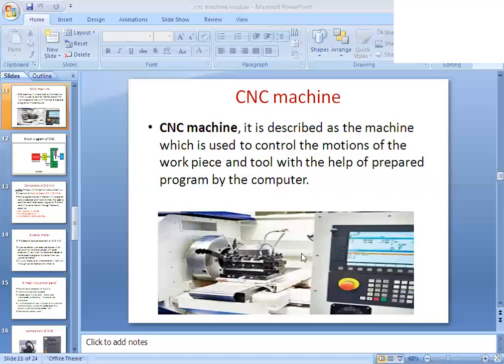We will enter the program here, and according to this, the work will be done inside the CNC machine. In the CNC machine, while producing the product, people do nothing. Initially the program comes and we feed the program over here. Okay, there is also the possibility of storing it, if you want to store it.